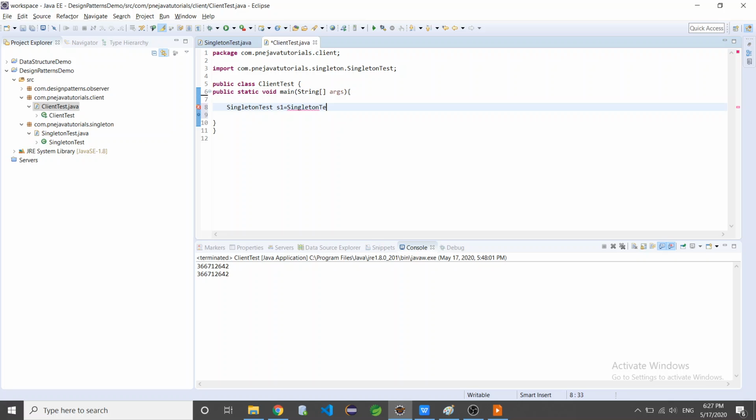We should not use new here because new will give an error. That's why singleton test s2 equal to singleton test get instance. Our get instance method is already static, so no need to instantiate here.